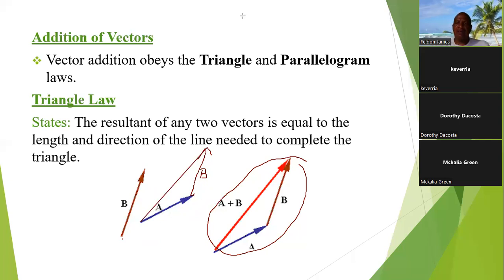Now, this line that we have drawn would be the line that completes the triangle. And this line is the resultant vector line, or this line segment is going to be the resultant vector. Now, to distinguish the resultant vector line from the component lines, we generally put two arrows on the resultant vector. So if this is the point where the vector ends, let's say that the vector ends at C,